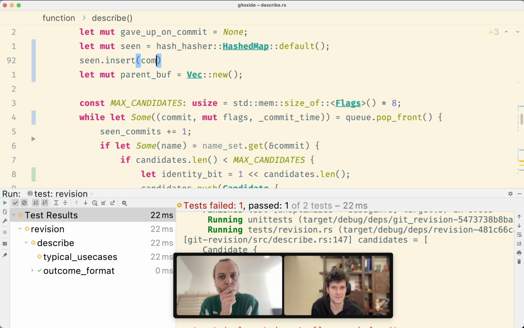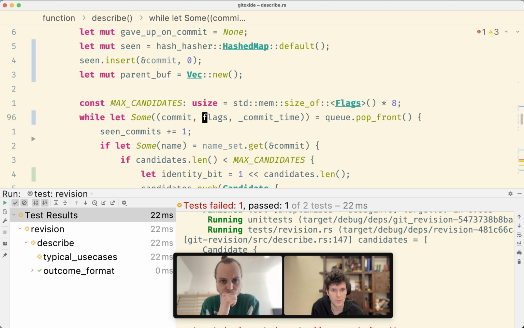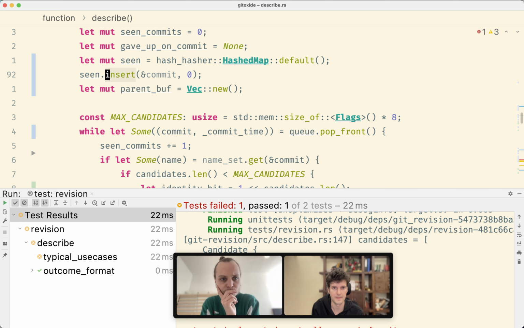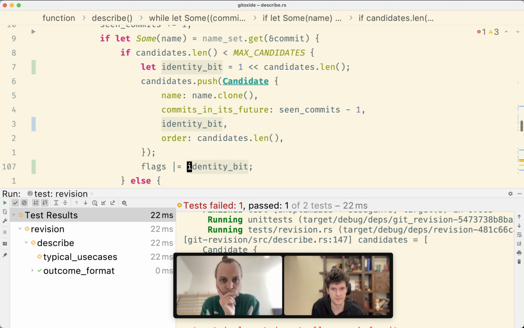Insert, like this. And now we look it up when we need it, and it's expected to exist. And it would exist because we always insert this before we arrive here. Next. I don't know if that insertion works, but